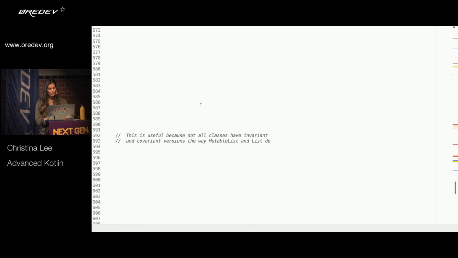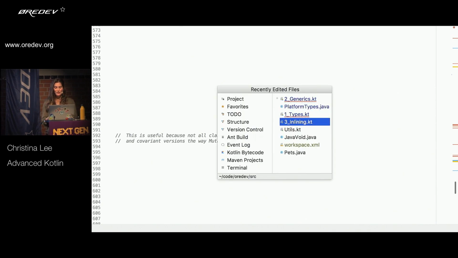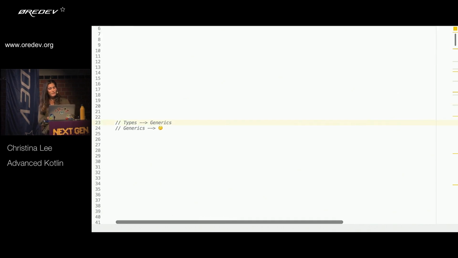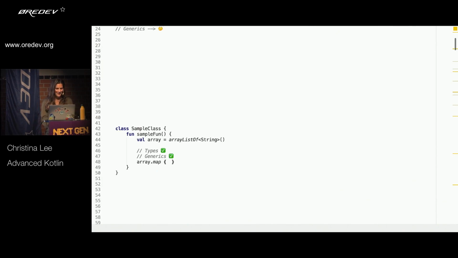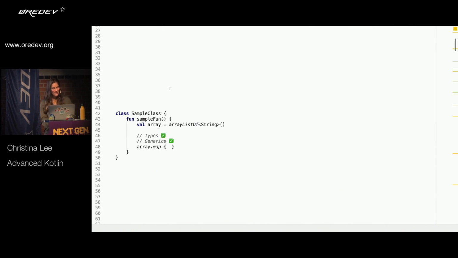So, okay, let's wrap that all up with a use case. We have talked about types, which led pretty naturally into how we would use them in generics. But I just talked for a while about generics, and you might be wondering why you care. And I have an answer. I always have an answer. So